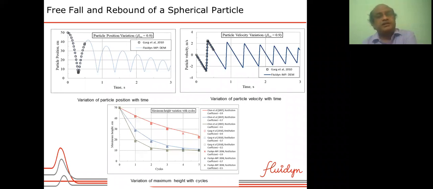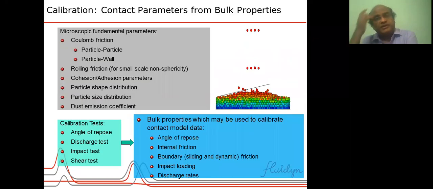Another aspect of DEM is that many times these parameters required to model the particle collision, such as this coefficient of restitution and other microscopic parameters, they are not measurable. So what is normally measurable is some macroscopic properties of the bulk or the bulk properties of particles. One of them is shown here, like angle of repose. You can see that here